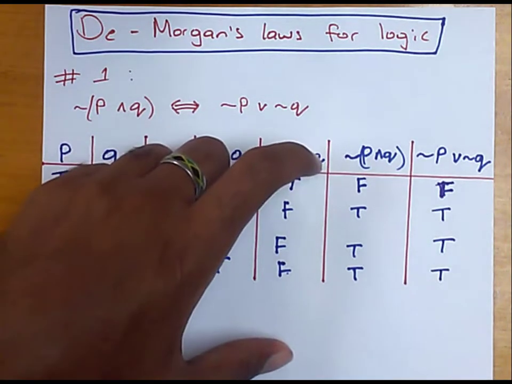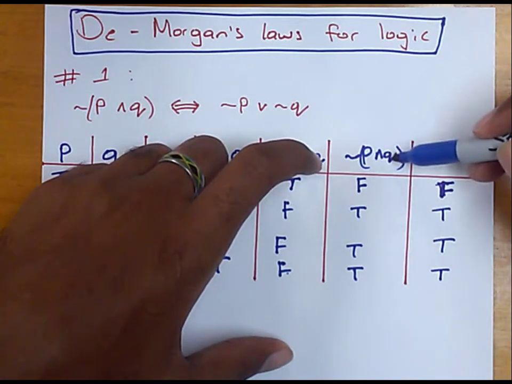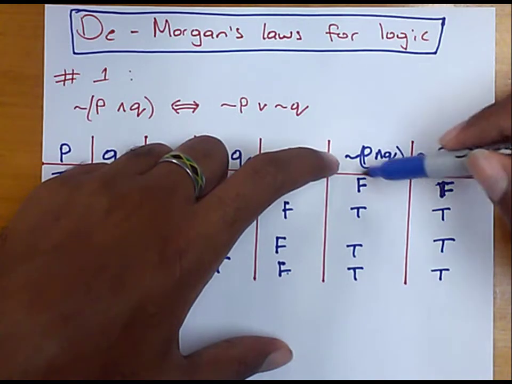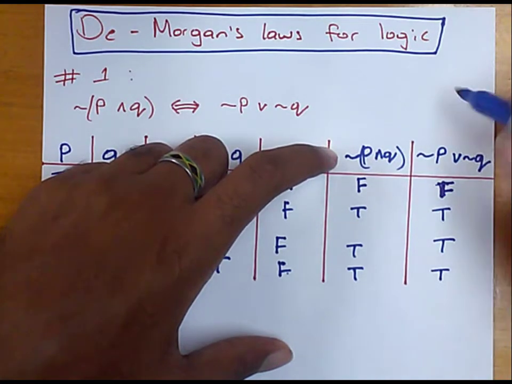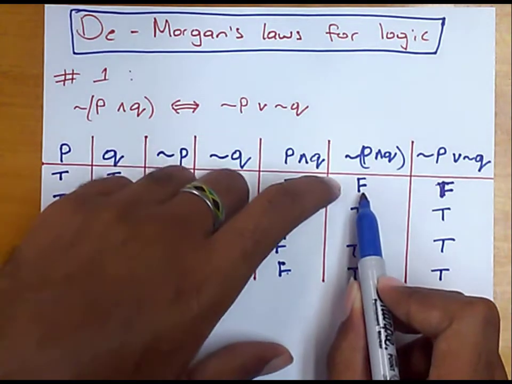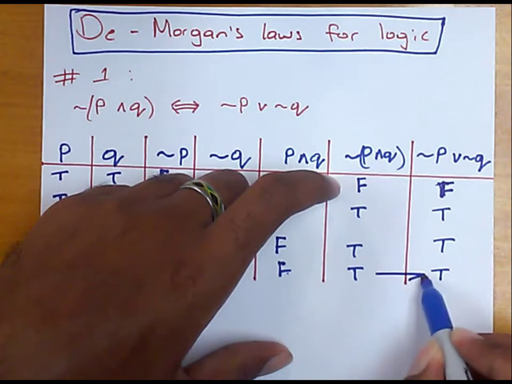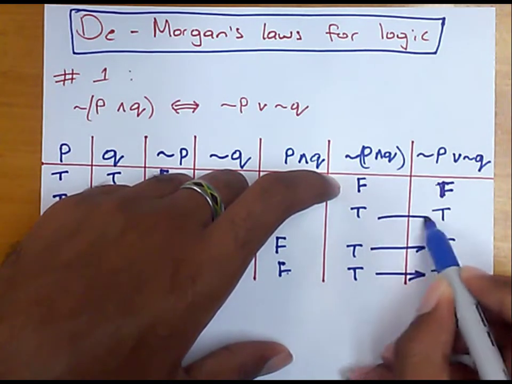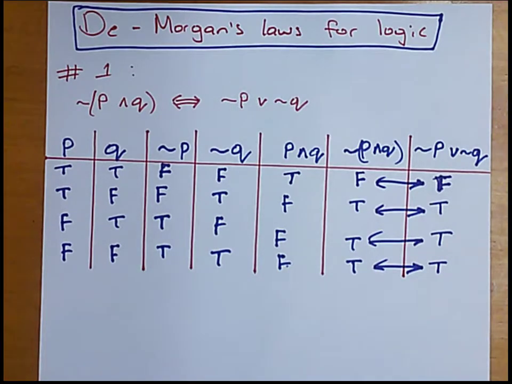And if we look at these two columns, the negation of P and Q and not P or not Q, then we notice that our truth values outcome is the same, and therefore it is proven that